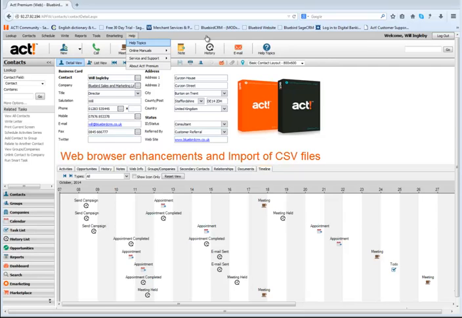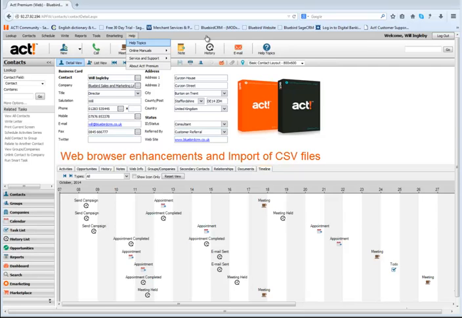Each new version of Act released over the past 2 or 3 years has included a significant number of enhancements that empower mobile and web-based users. So of course in the mobile context we've seen the introduction of HTML5 as a coding system, which means that the database is presented to mobile users in a format that's usable in a mobile environment. So if people are using an iPhone or an Android, they can just drive the whole system with their thumbs